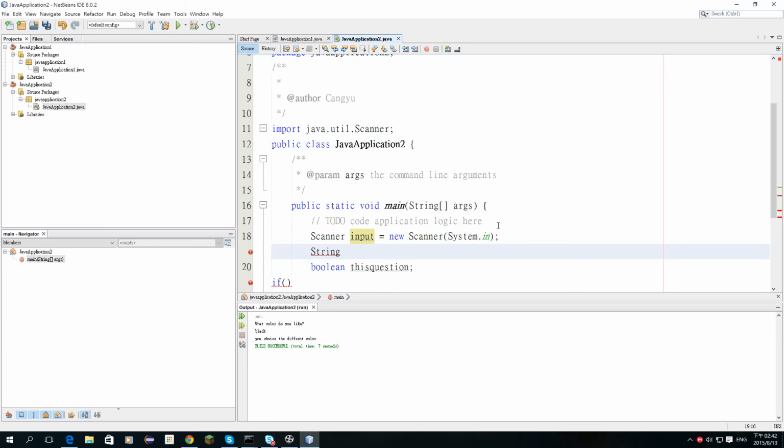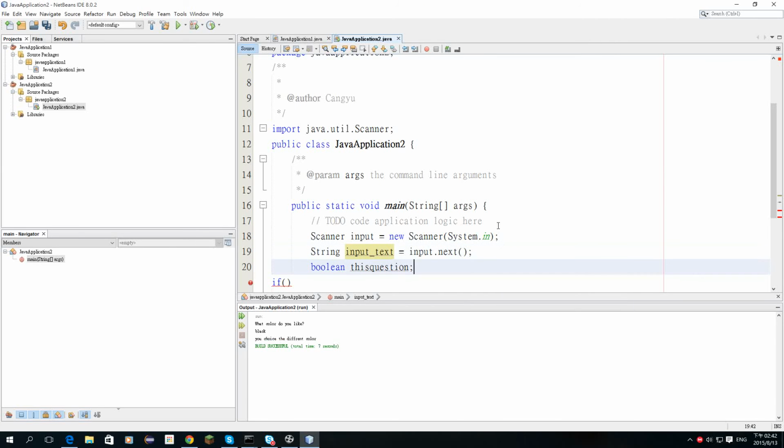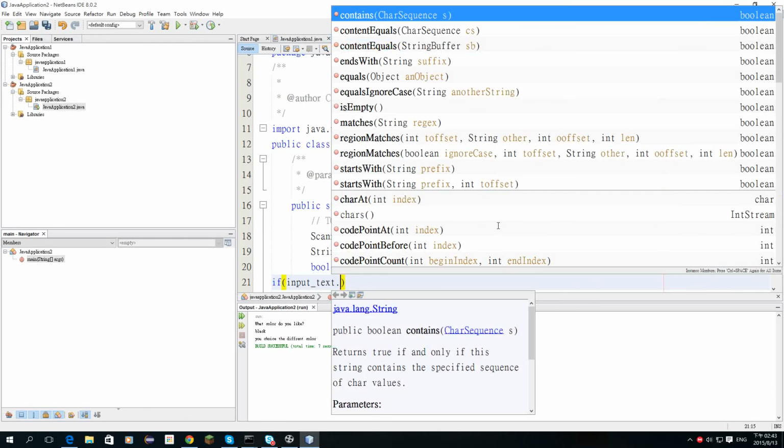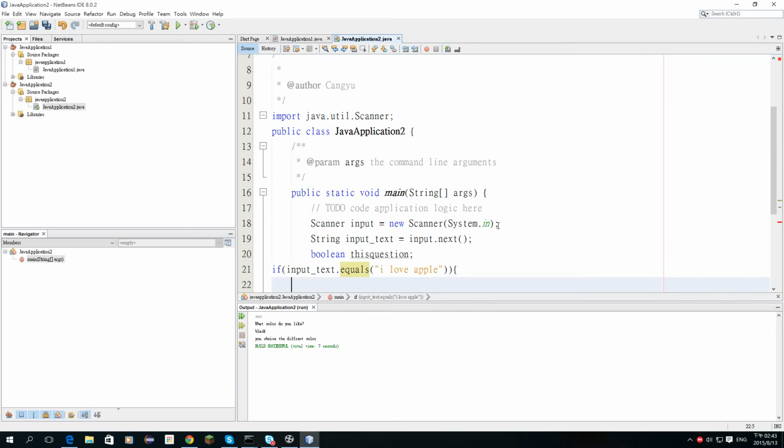The string input text equals input dot next, and we can if the input text equals dot equals I love Apple. If he takes the I love Apple,